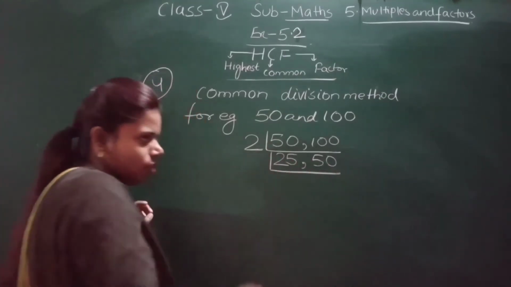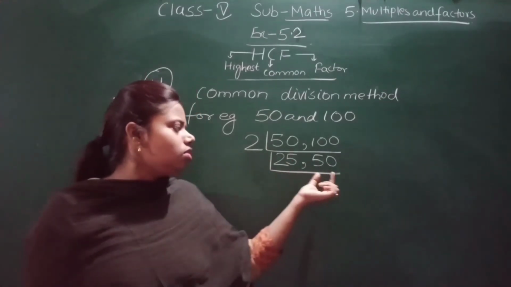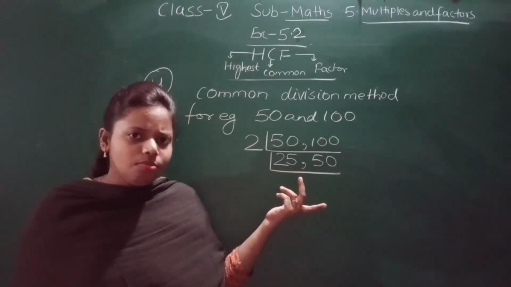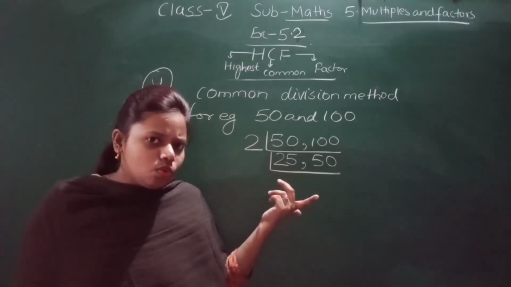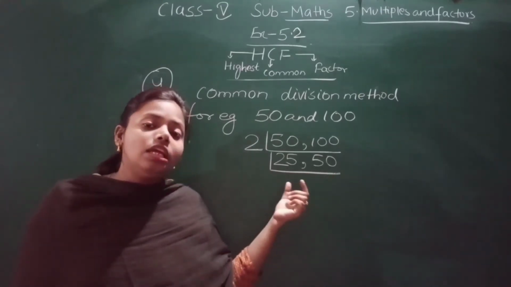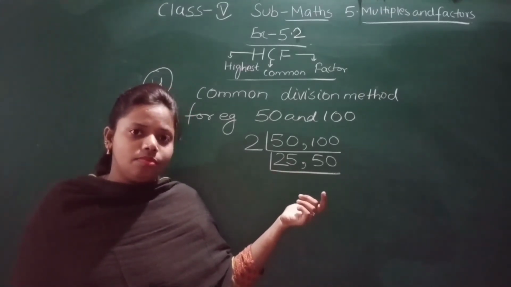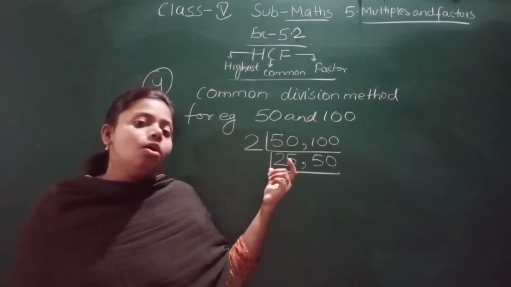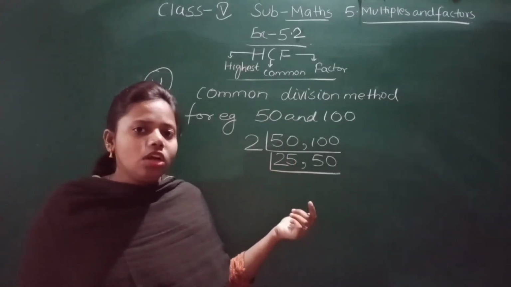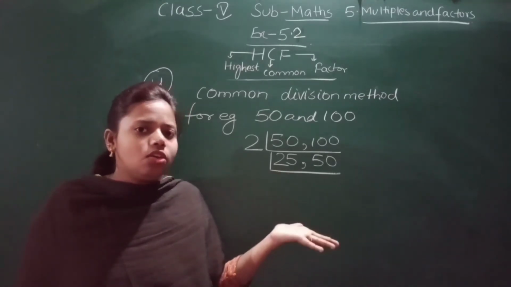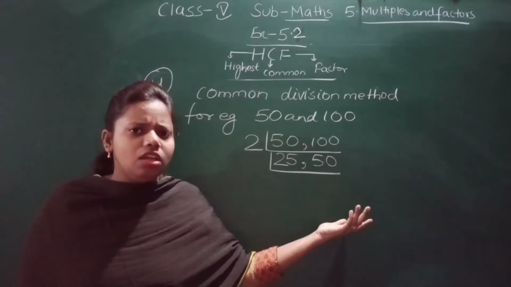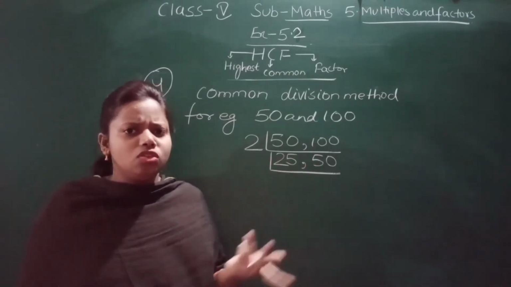Now next step. Now you see that this is 25, this is 50. 50 will come in the table of 2, but this 25 will not come. That means we cannot take 2. It should be common in both. The number which we take should divide both these numbers. So 2 will not divide both. 2 cannot divide 25, so we will not take 2. So 3, will this divide? No, 25 doesn't come in the table of 3, and 50 also not.